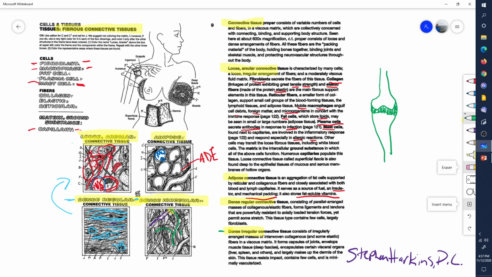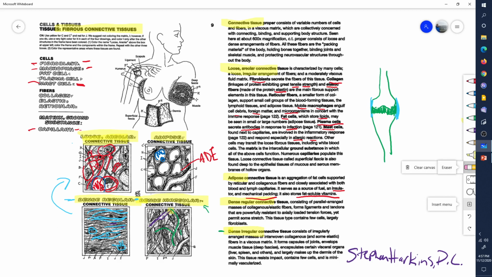Not as strong as your tendons and ligaments. And you will have, say, your medial collateral ligament running over here, which is made of what? Dense, regular connective tissue. But the capsule that directly encapsulates every joint in the body is made of dense, irregular